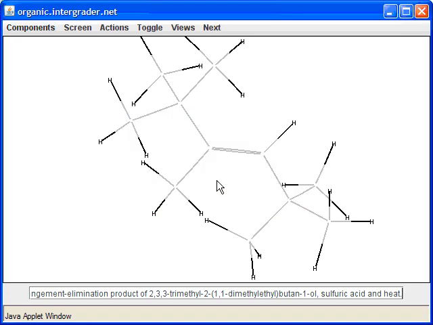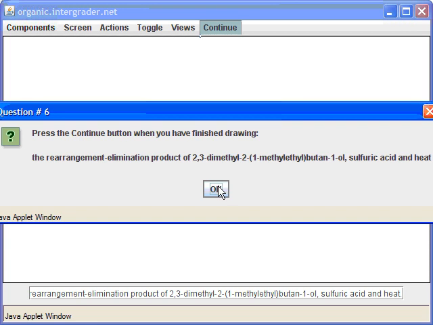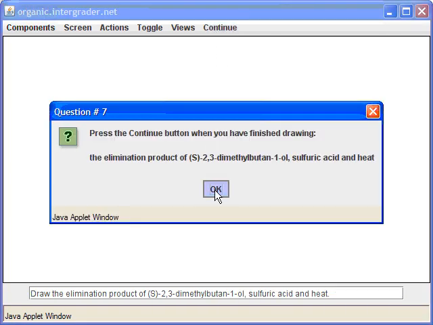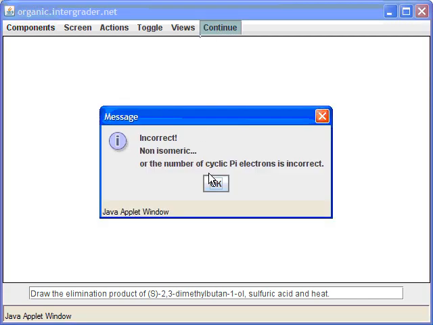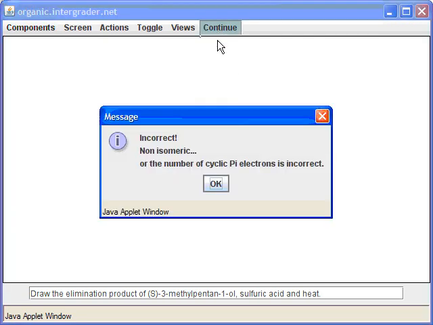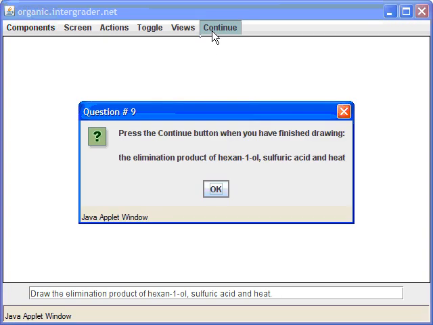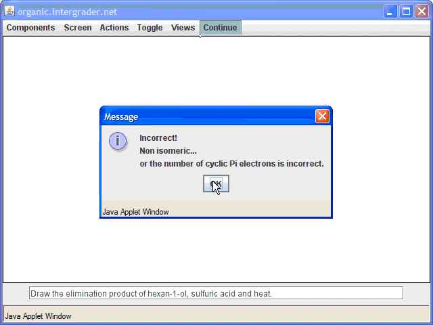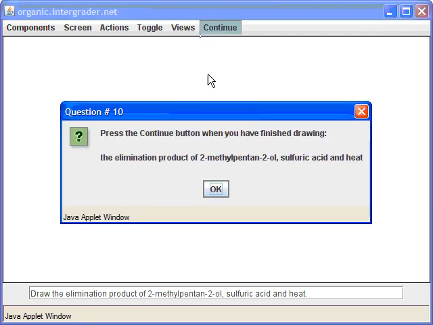We'll hit continue, and let's see what other question we have on here. That's another neopentyl system right there. So I want to go to another one where we can actually decide something more than neopentyl. Same kind of thing will happen here. Maybe too many neopentyl systems. Another neopentyl system. I'm really hoping I can show you something else than that. Another neopentyl system. This is our last chance. 10th question. Finally, something different.